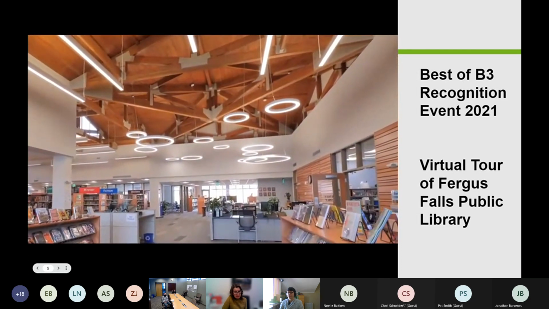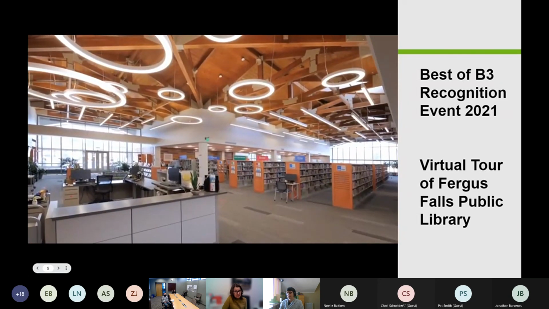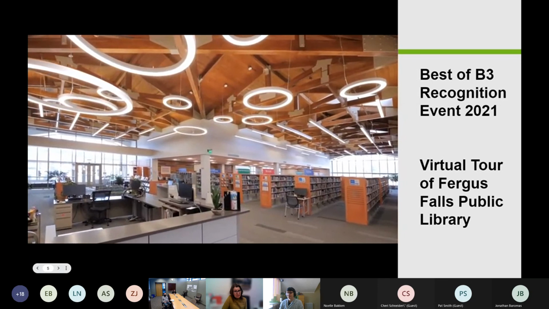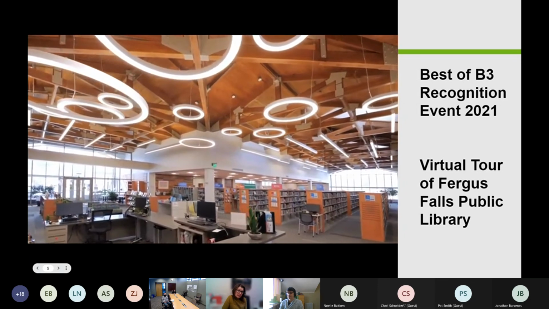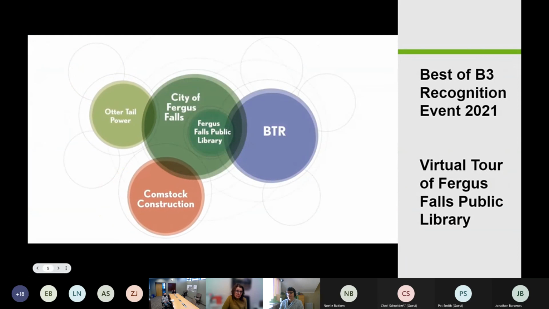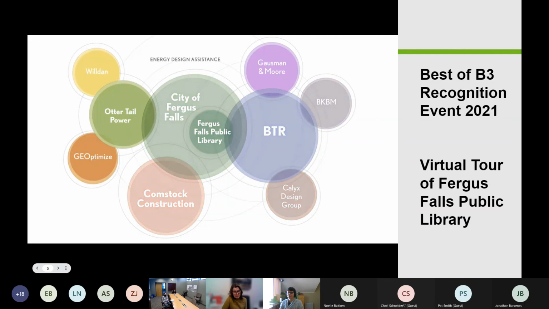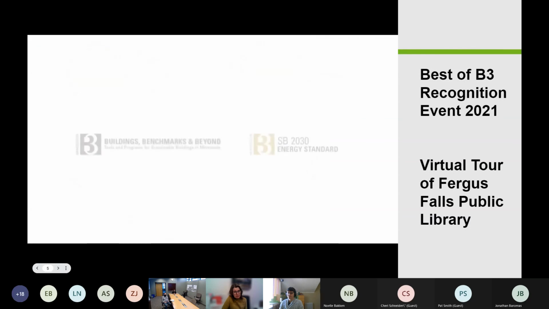Preservation of memorable elements like these from the past enliven the experience of library visitors by connecting with history, while the new fully dimmable LED lighting fixtures call attention to the modern. Several relationships made Fergus Falls Library a success. For example, the partnership with local utility Ottertail Power was formed to design for energy savings and a commitment to